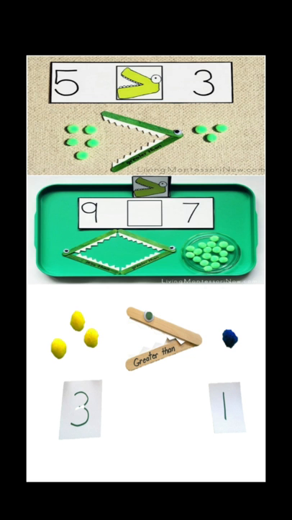So you can try this activity in your home as well. You can try it and tell me how is this. You can enjoy this as well. What you can do, you can take fruits as well and compare these. You can take vegetables as well, you can take beads as well and compare it. So you can try this activity in your home as well.